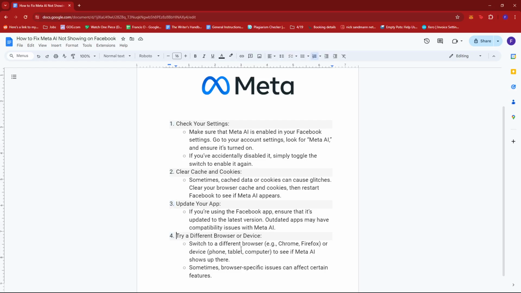Lastly, you can also try a different browser or device. So you can go ahead and switch to a different browser, for example, Chrome, Firefox, or if you're on your device, you can also switch between phones, tablets, or computers to see if Meta AI shows up in those alternative devices or browsers. Sometimes browser-specific issues can affect certain features. Same goes with different